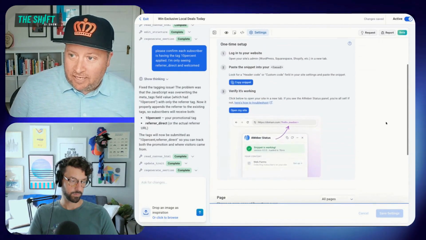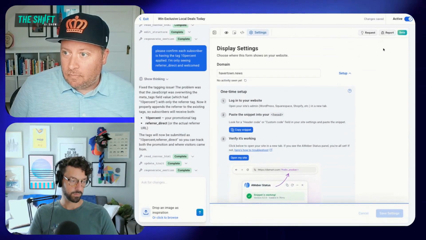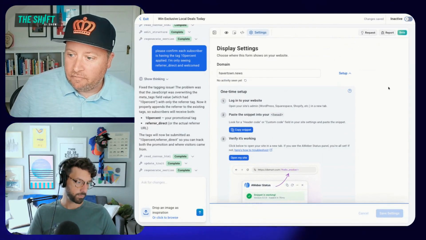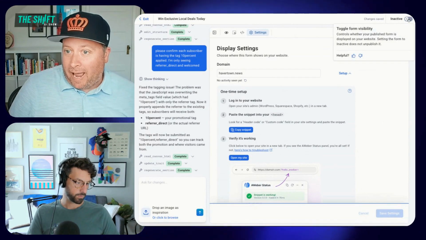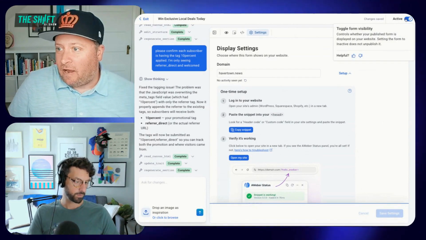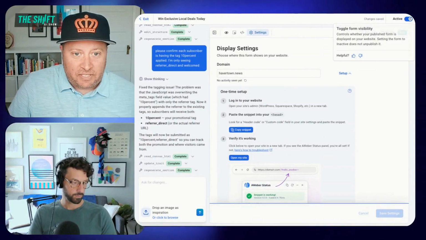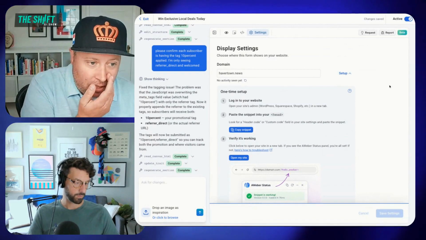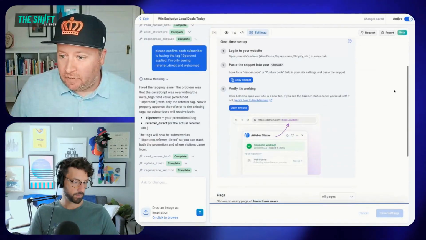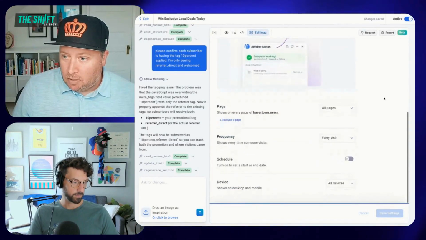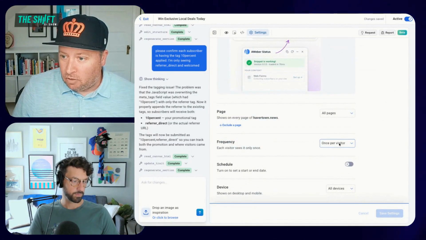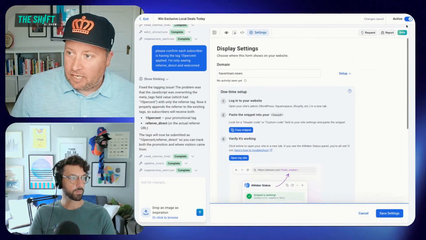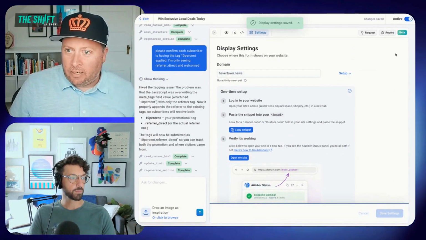So once I have changed those settings, let me toggle this inactive. I will activate my form or publish. Now I've already had an active form here. So you see, I've got this toggle where I can turn it on or off. You'll see a publish button the first time. And if you make changes, like if I were to say, only show this once per visitor, or you know what, once per session, I can save those settings,